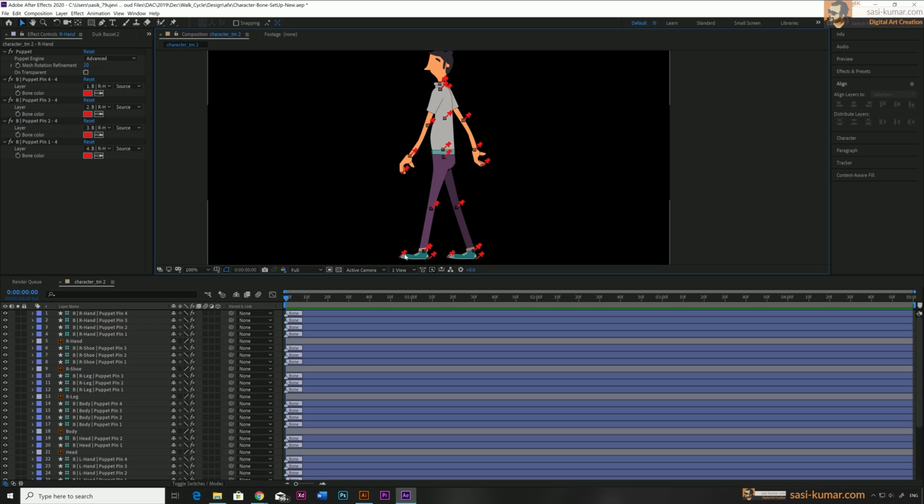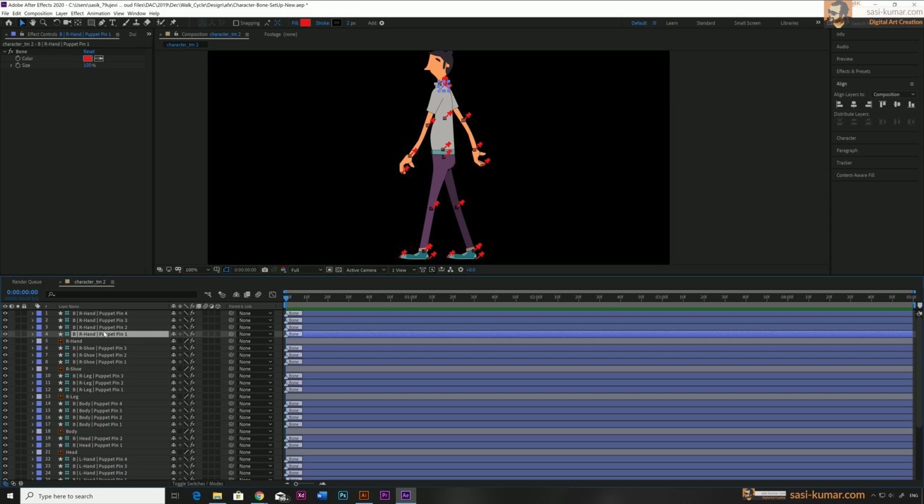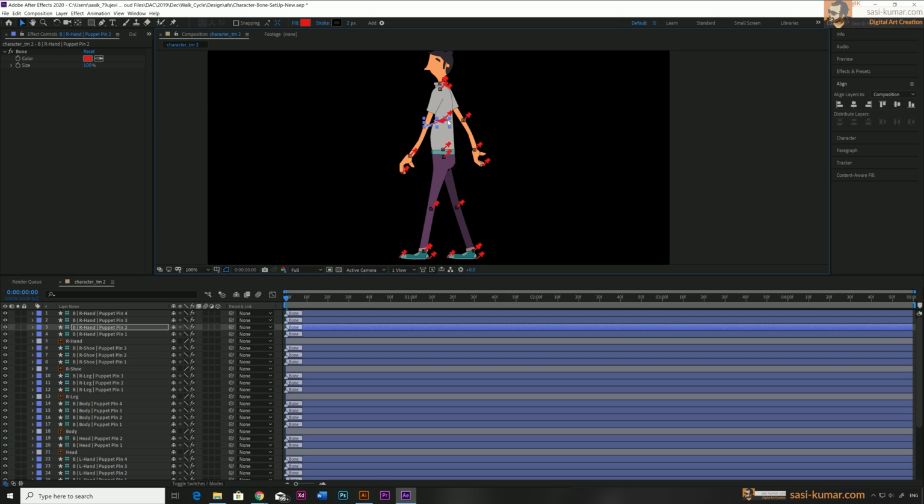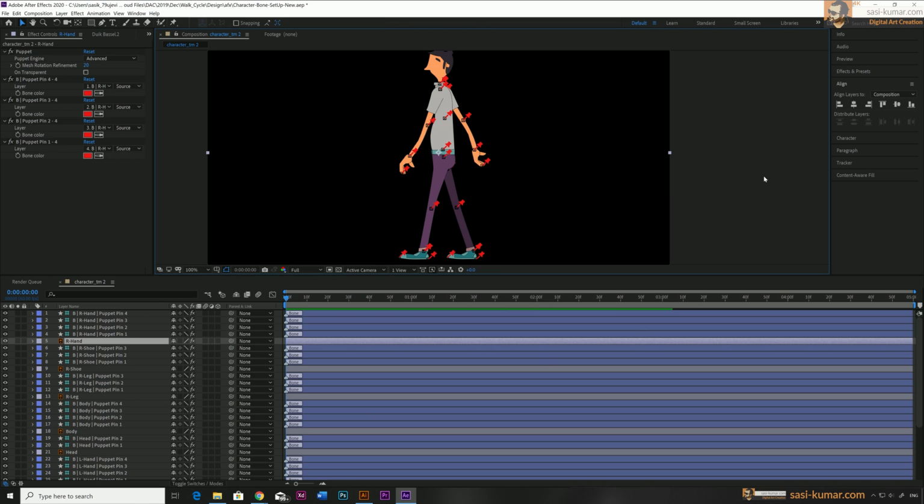Alright guys, we have already attached bones to all of the body parts. You can see all of them in here in blue color, and you will see the prefix B in front of the bone structure. Now if you move, you will see our body shape also moving accordingly. So you can also animate like this, but that is not what we are going to do in here. We are going to use the Duke plugin.